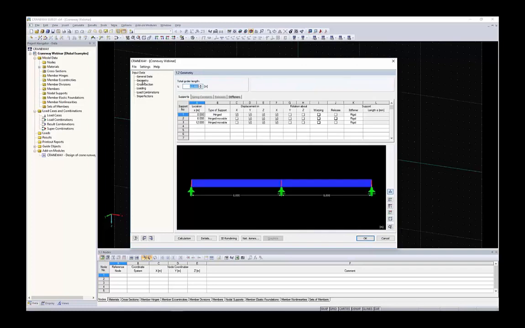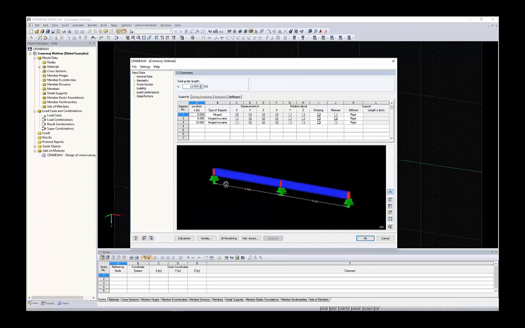In the next step, I have to define the geometry of the craneway. As in the main view in RFEM or RSTAB, you can easily rotate, zoom in, zoom out as you wish, and check your structure. So I like to work in isometric view. I can use this one. And today we have an example like a 28-meter